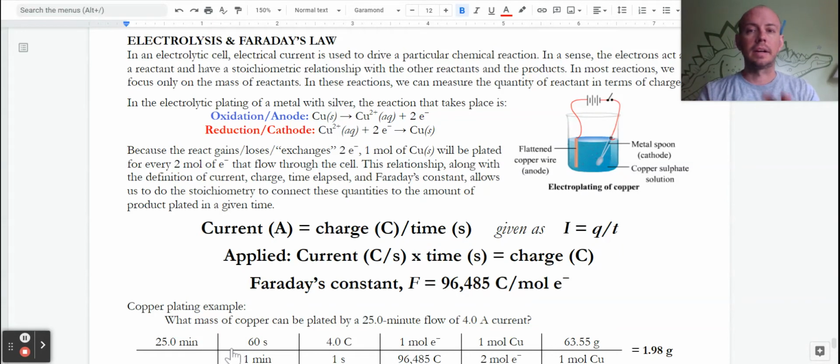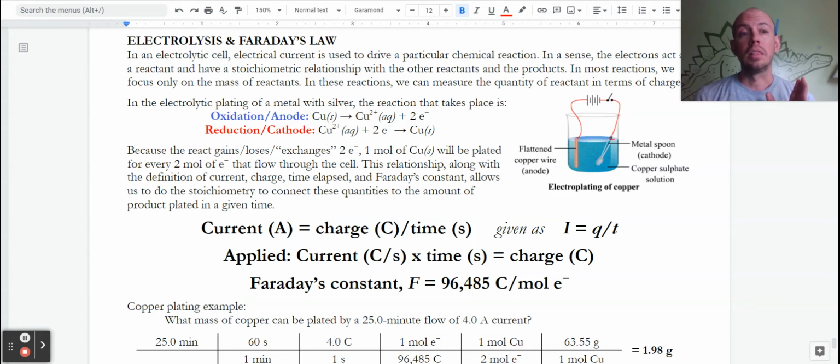And our last topic here in electrochemistry, and potentially the last video that we'll be watching this year, at least in terms of notes, not in terms of problems, because we have that coming up, is how we apply Faraday's law with electrolysis. So electrolytic cells drive a reaction. The electrons are a reactant, and the number of electrons have an important stoichiometric relationship with the chemicals in the